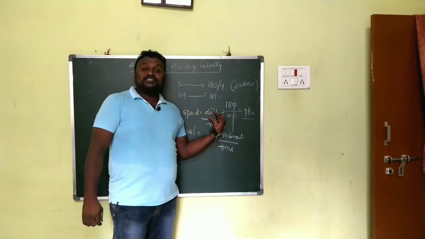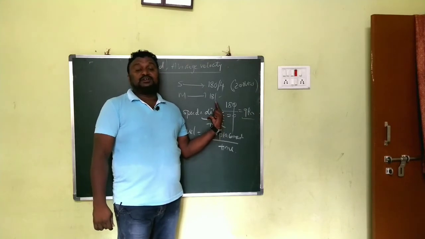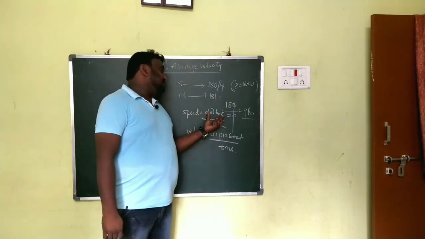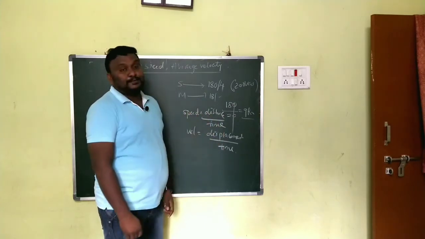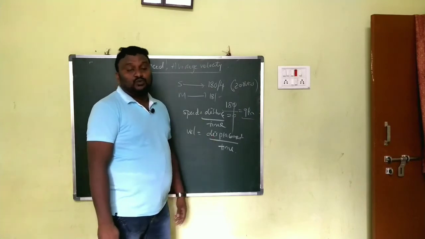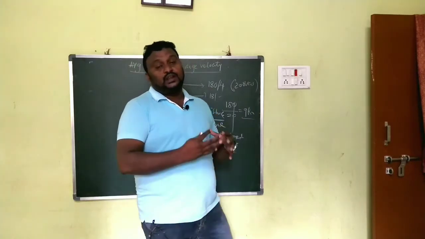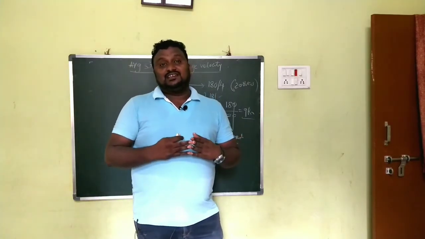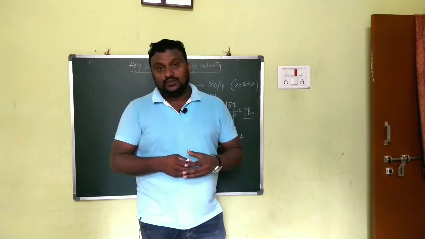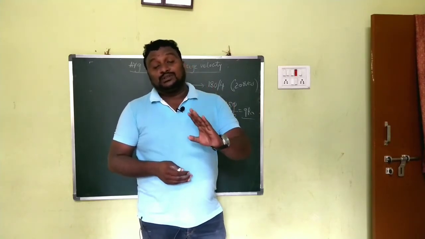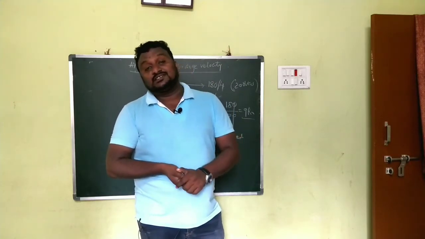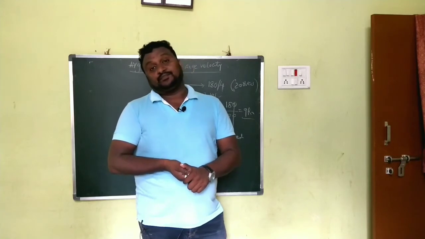The rate of distance covered by a body is called speed. Simply, we divide the distance by the time, and that is what we call speed. The rate of displacement is called velocity. I already told you, velocity is a vector quantity and speed is a scalar quantity, but both have the same units. In straight line motion we can consider velocity and speed to be the same.